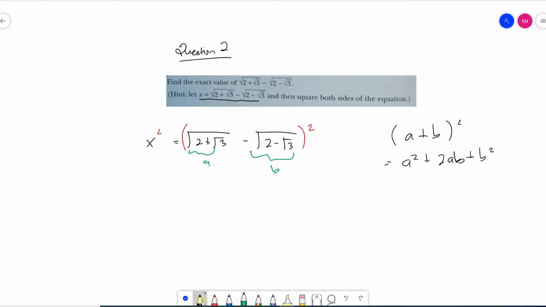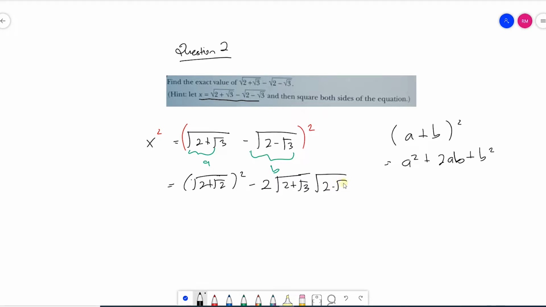So when we expand it, first is a squared, so square root of 2 plus surd 3, squared, and then minus 2 times a times b. So 2 times this thing, which is square root of 2 plus surd 3, and then times this thing,